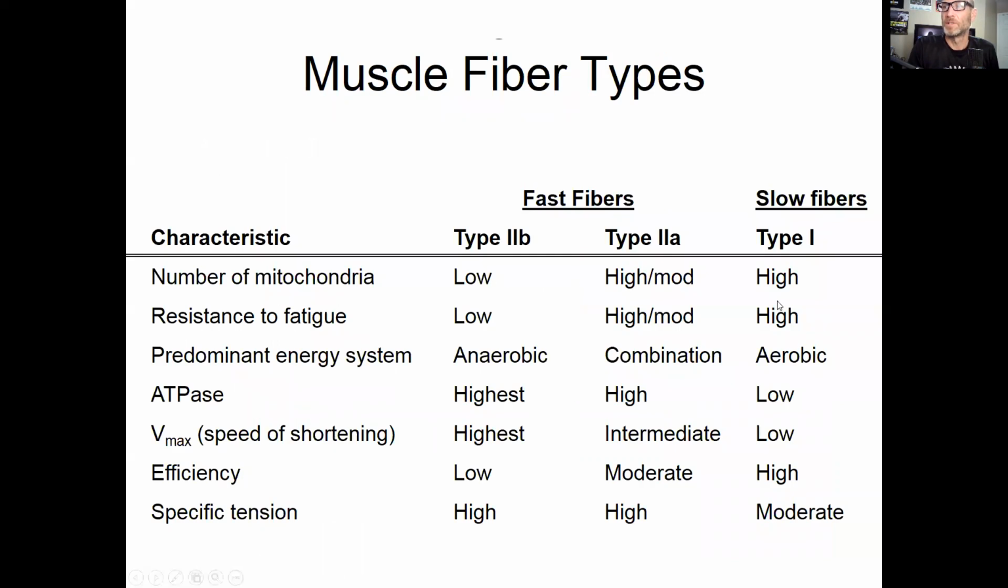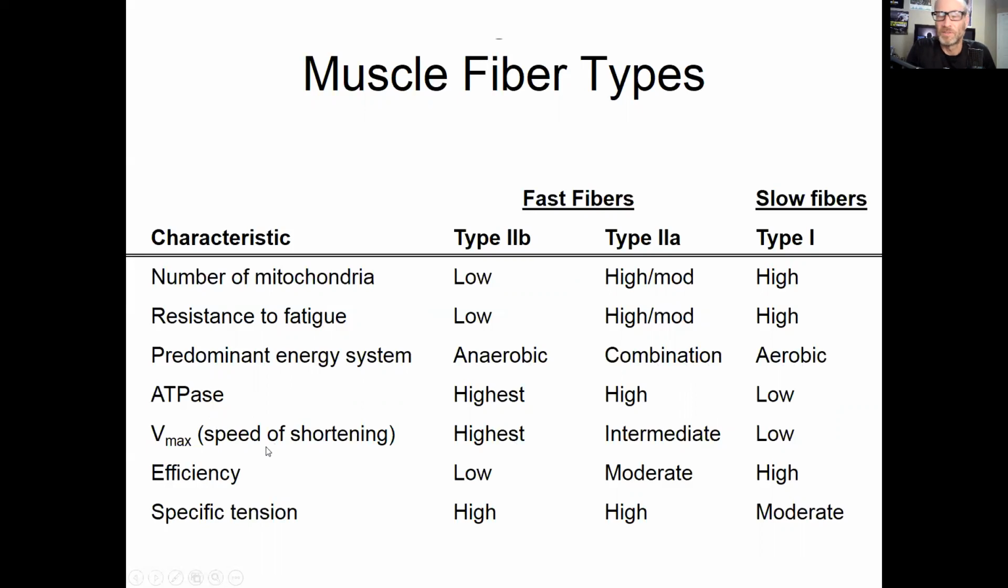Here's just a little table summarizing some of the key things. Number of mitochondria, high in type 1 because lots of aerobic conversion of glucose. Low in type 2, maybe some intermediate, a little bit of both. Resistance to fatigue, type 2 is lower because these are anaerobic, where you can only go for so long. But type 1, lots of resistance to fatigue. You can use these for long durations, or postural muscles standing for long times is largely done by slow twitch type 1 fibers. Predominant energy system, anaerobic, maybe a combination here, aerobic here. ATPase, this is just the enzyme needed to get some of the energy out of